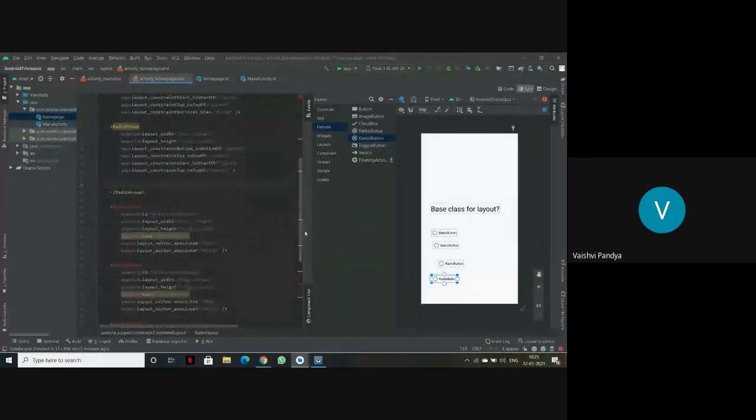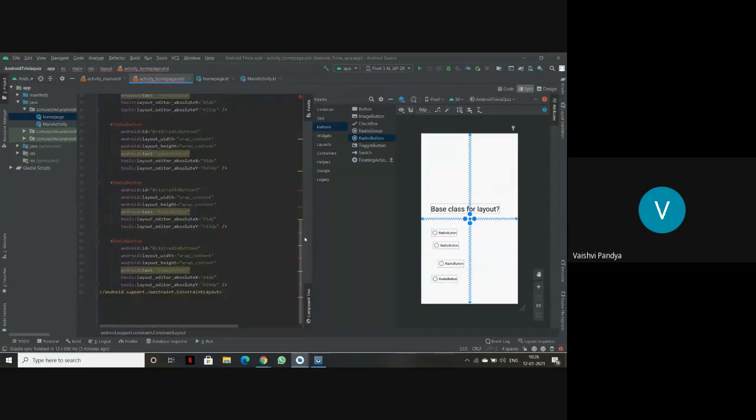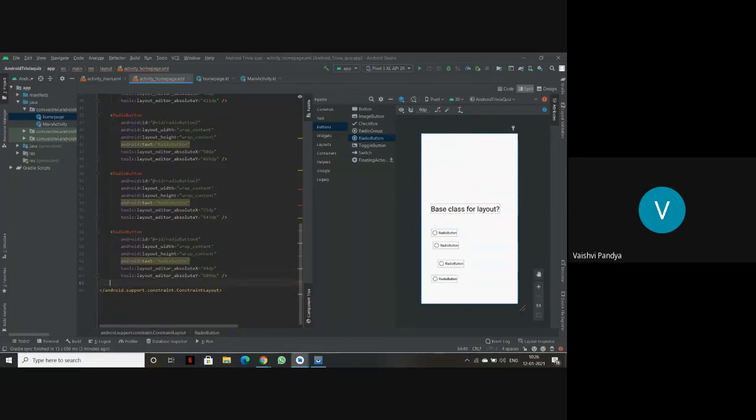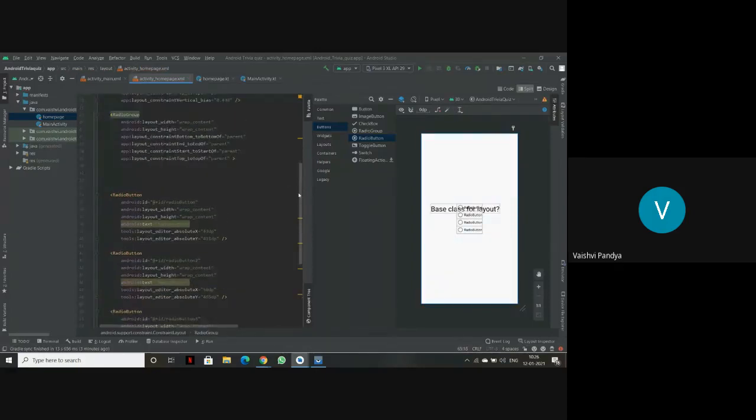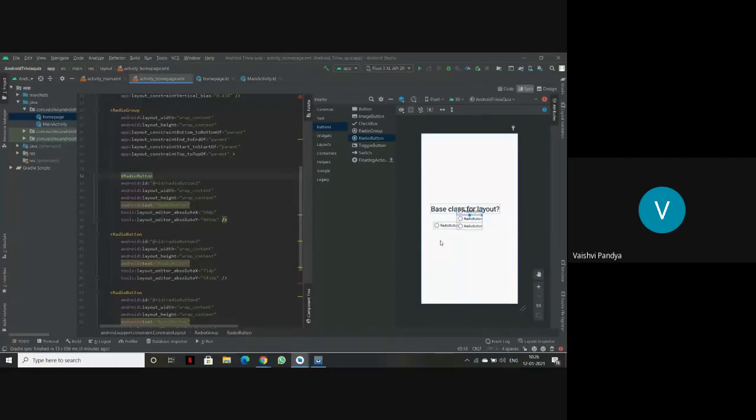Now I'll go to the code section, and as you can see all the red marks here, it is just because it is not constrained, there is no other error. At the end section, I'll just take it to the end and write radio group. Now, as you can see, as we have done this, all the radio buttons have already been constrained. It is so because in the radio group earlier we have constrained it, and we have put all the radio buttons under one section, that is the radio group section.